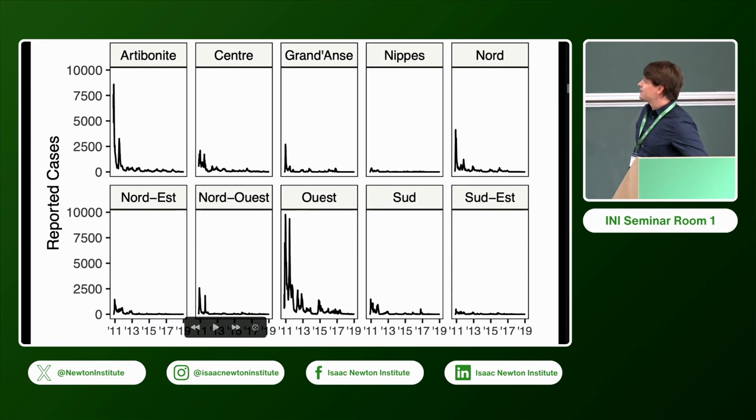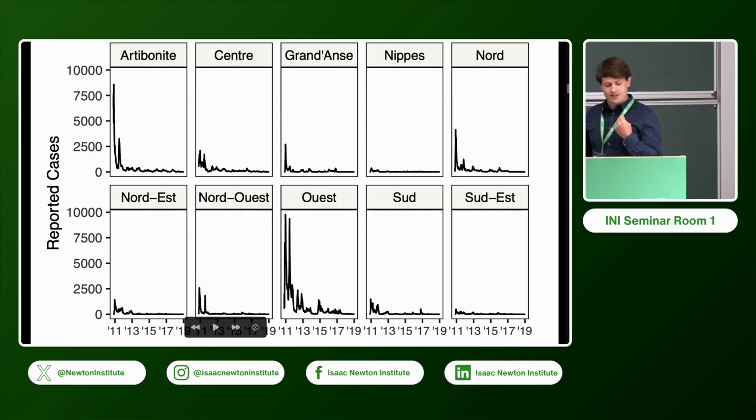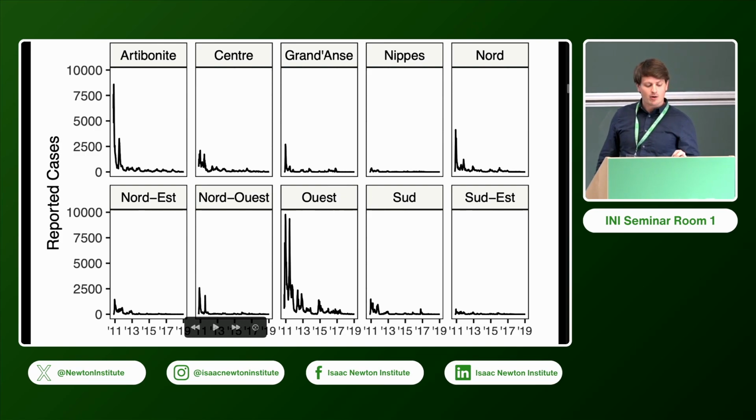All right, so here is what the data look like. You can see at the very start of the outbreak in 2010, there was a very large number of cases, right? They were very much so unprepared for cholera. Quickly, there was some built immunity and some governmental interventions that helped bring down the cases, but it was very persistent for 10 years. So it's kind of difficult to see what's going on in some of these parts.